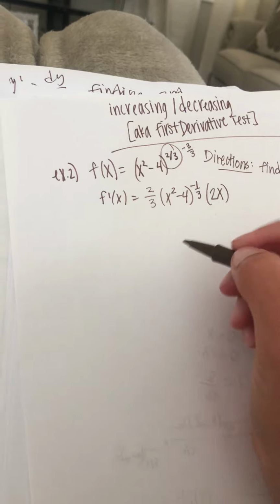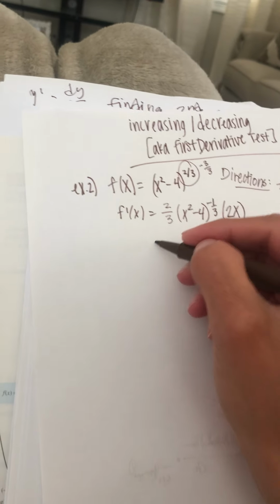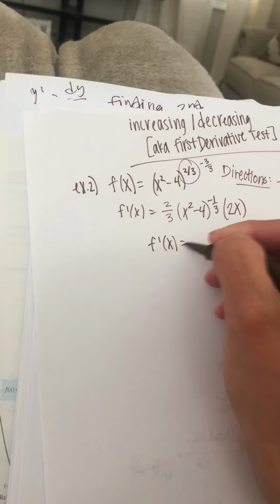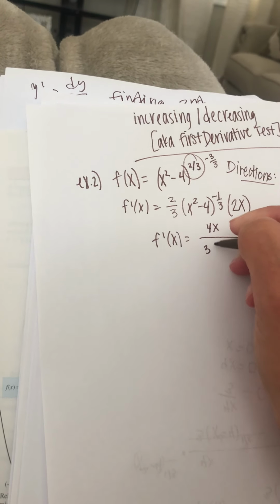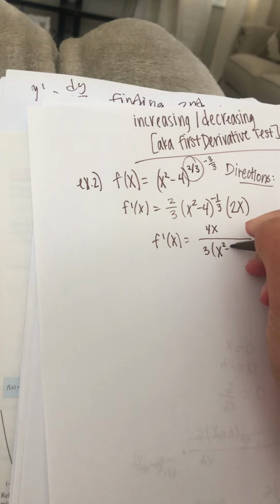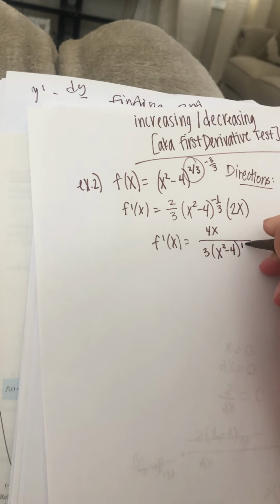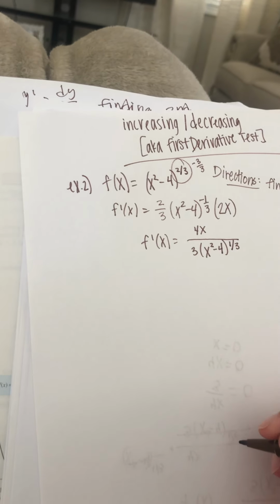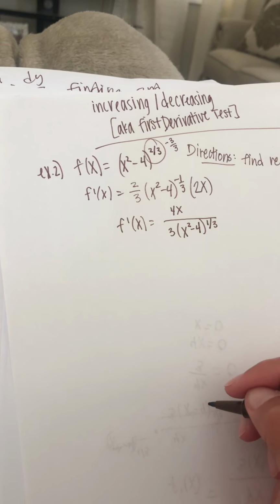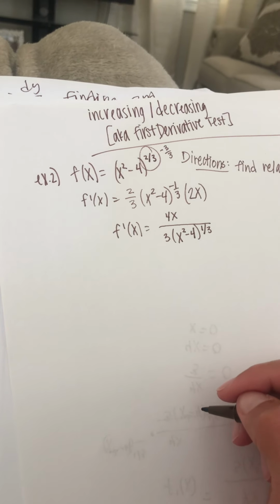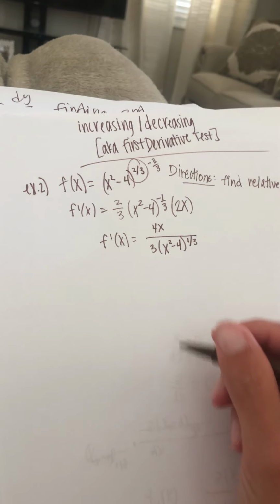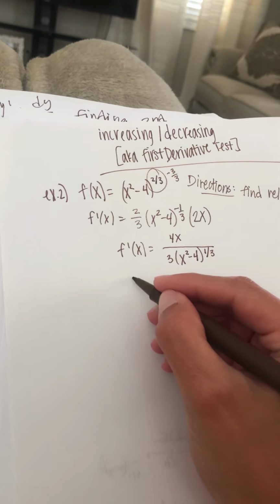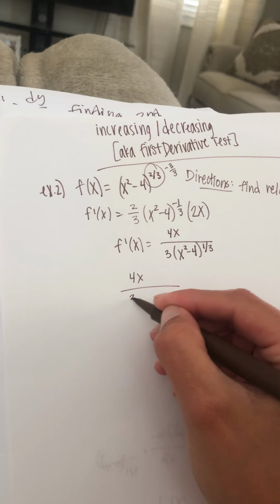So now I'm going to clean all that up because that just looks really bad. I'm going to get the derivative equals 4x over 3 times x squared minus 4 to the 1/3. Okay. Now that I've found my first derivative, I need to set it equal to 0 to find those critical numbers. And remember, that's where it's changing. So I'm going to say 4x over all of this